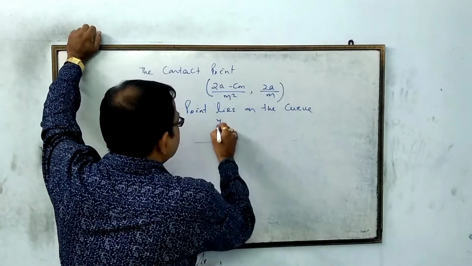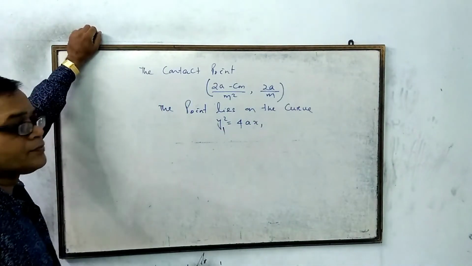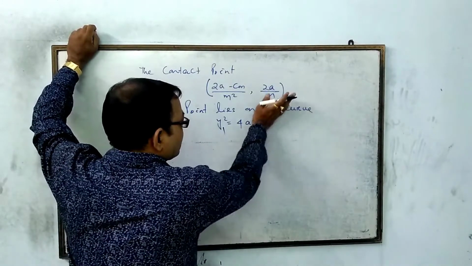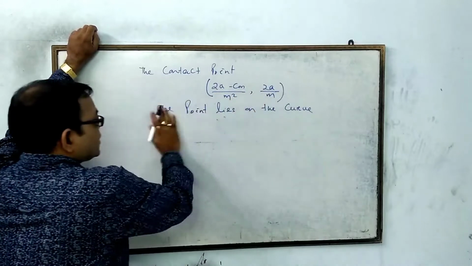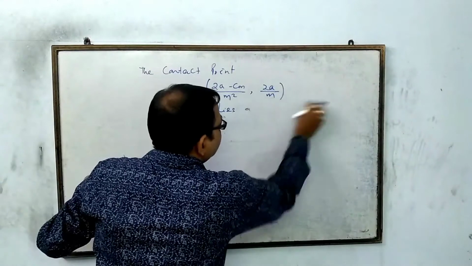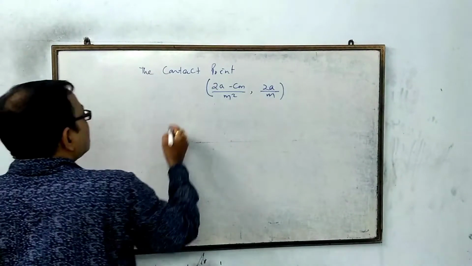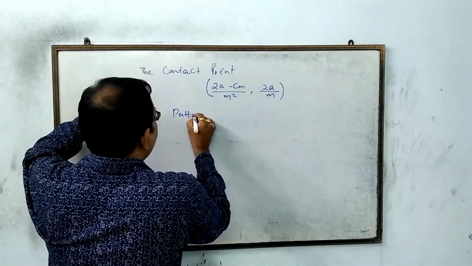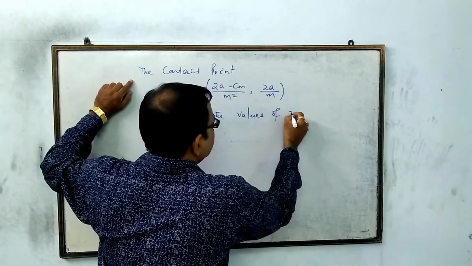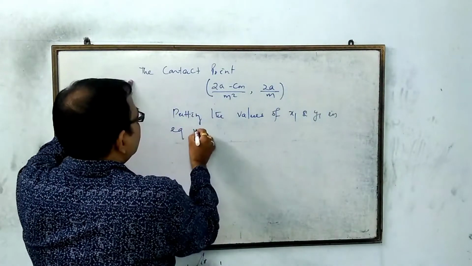Which curve? y square equal to 4ax, or y1 square equal to 4ax1. If you do not write this line, then you can write in this way: putting the values of x1 and y1 in equation 2, we get